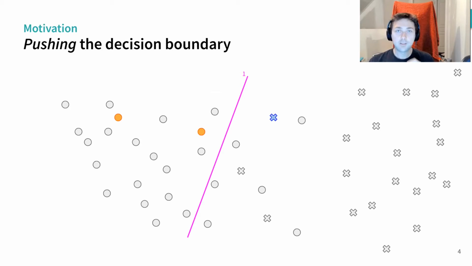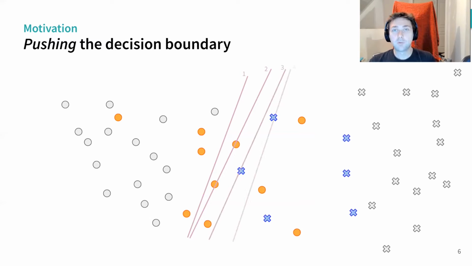Let's build an intuition in 2D with this simple problem with two classes, circles and crosses. You see here the gray unlabeled data, and we have labeled randomly some points. We see the decision boundary of the model in pink. The main method in active learning consists in selecting the samples with greatest uncertainty, so the ones closest to the boundary. So we select them, we send them to label. We have a new model, second iteration, and we select samples again, and we keep going until we converge or